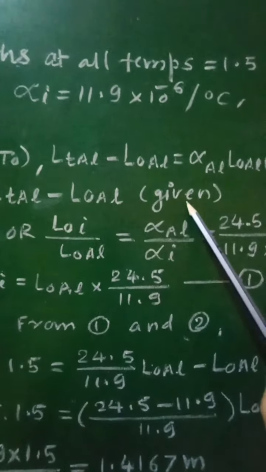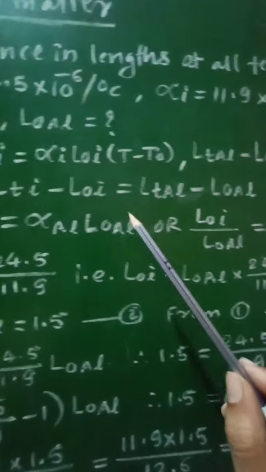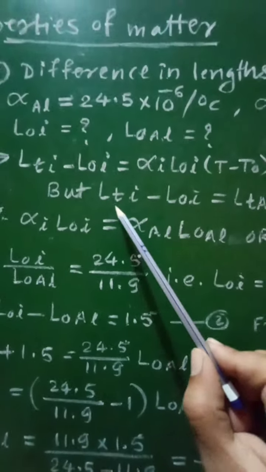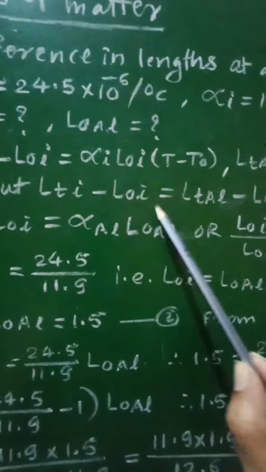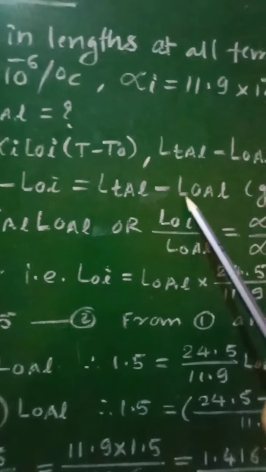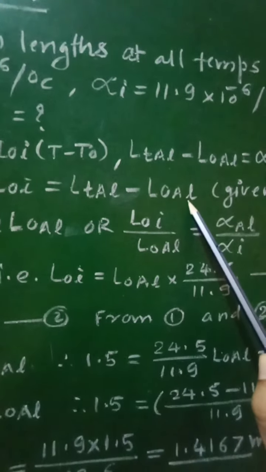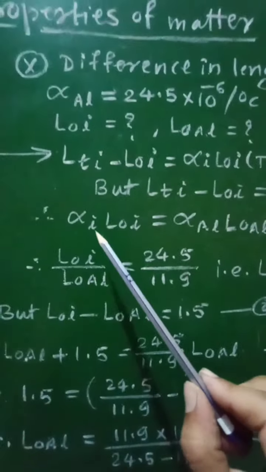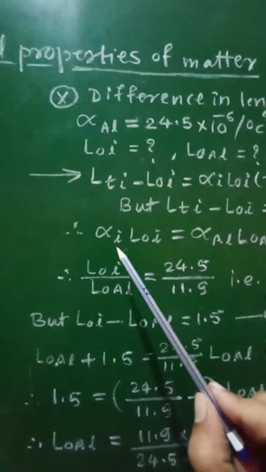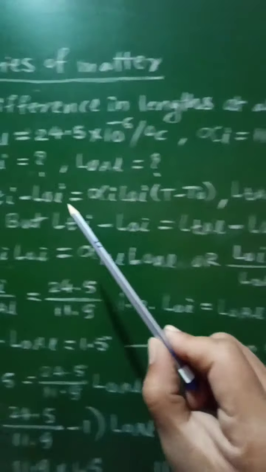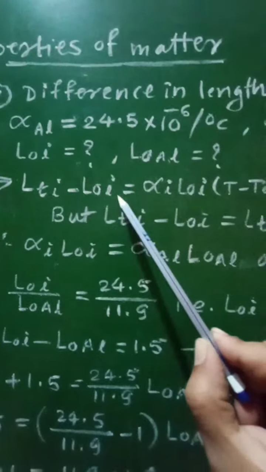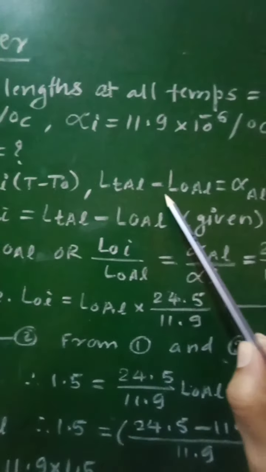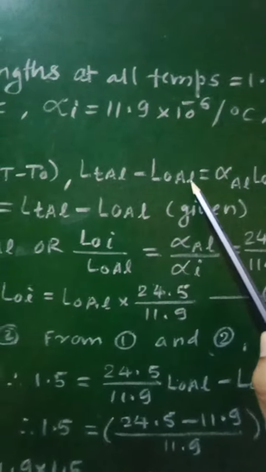So at all temperatures we are having LTI minus L0I equal to LTAL minus L0AL. Therefore, from this first equation, as LTI minus L0I is equal to LTAL minus L0AL, therefore